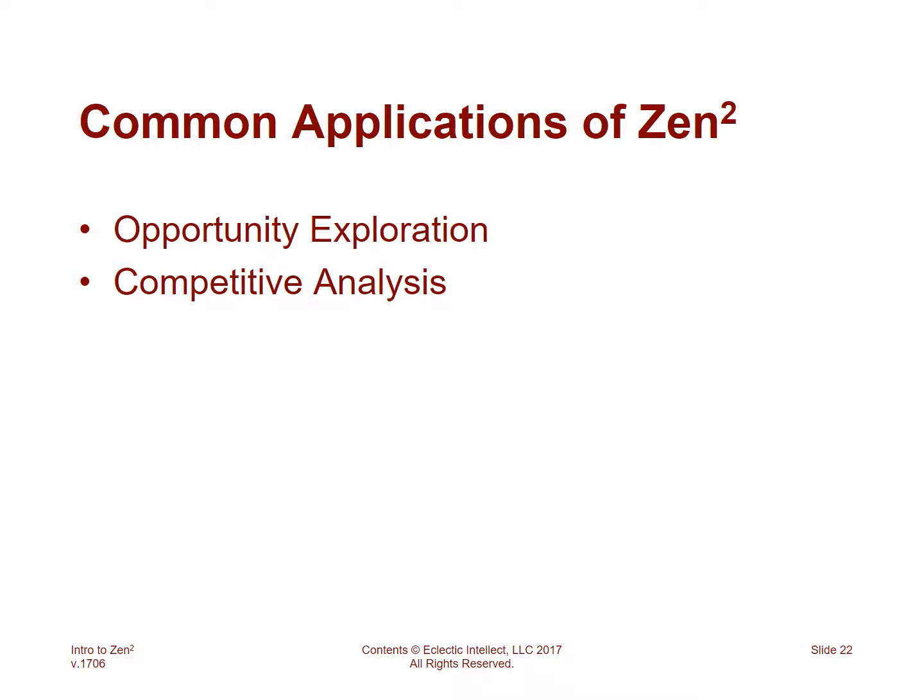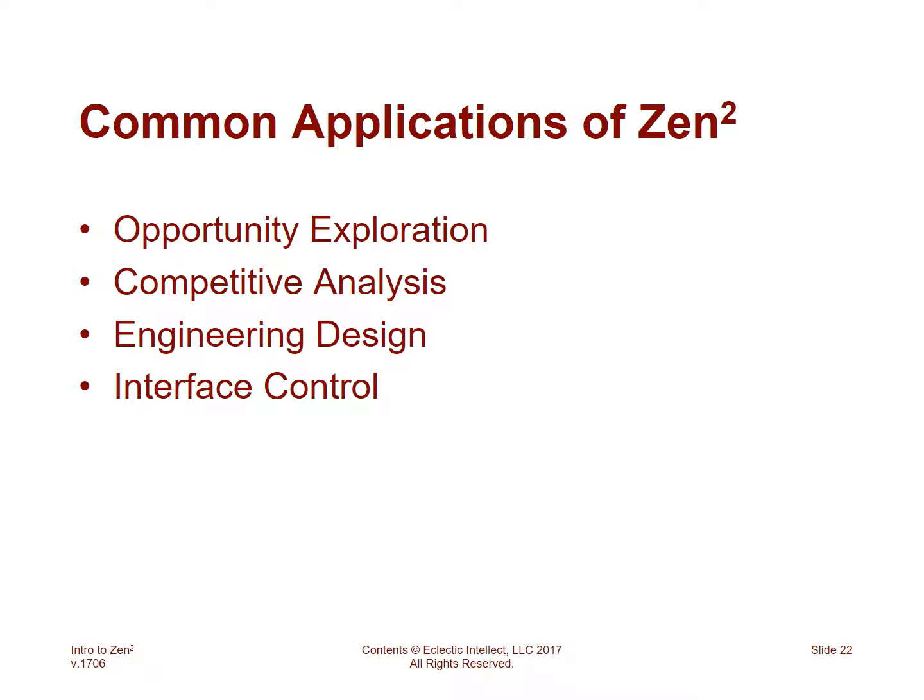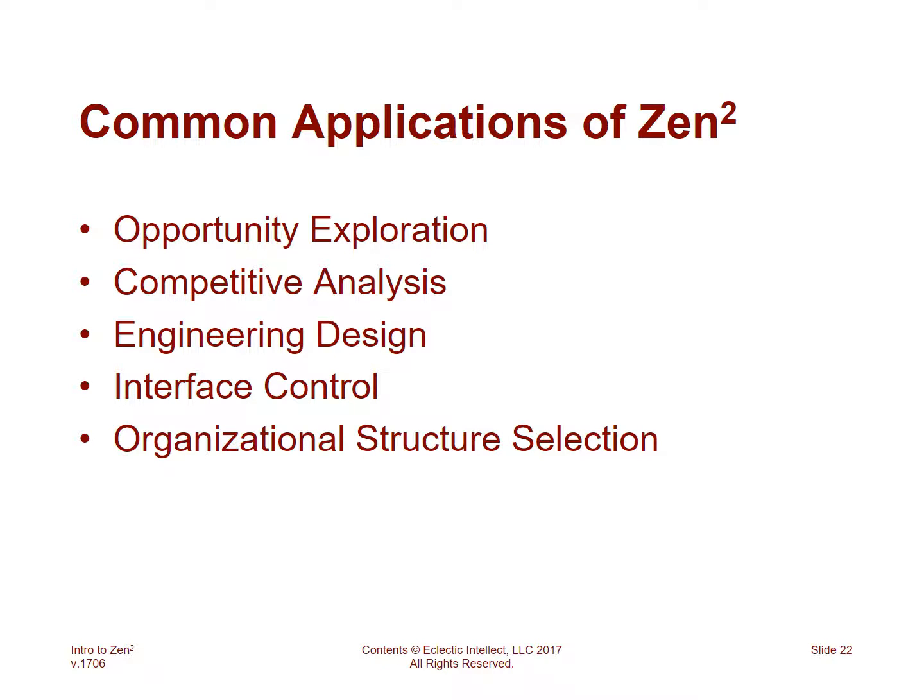Competitive analysis: you can see how your devices, systems, products, or services relate to others and look for the competitive benefits. You can also see possible synergies and direct competition that you have to go to war with. Engineering design: this is the classic origin of the N-squared or Zen-squared type methodology, to be used in engineering design, primarily for interface control, interface management, flows. Control systems of all kinds lend themselves very nicely to this. And of course, interface control, whether that is done in organizations or elements or parts of a system, is a specialty form of itself.